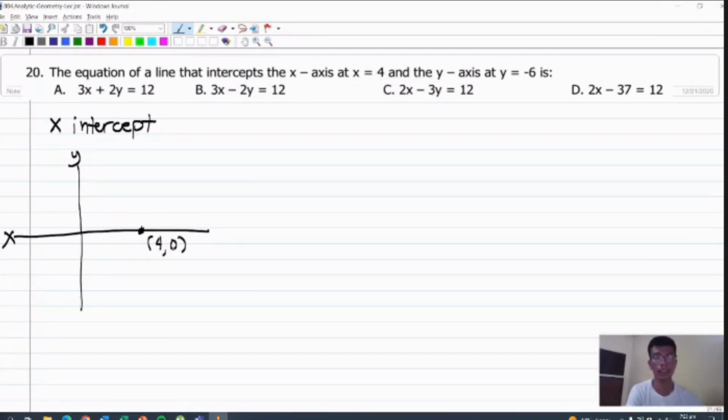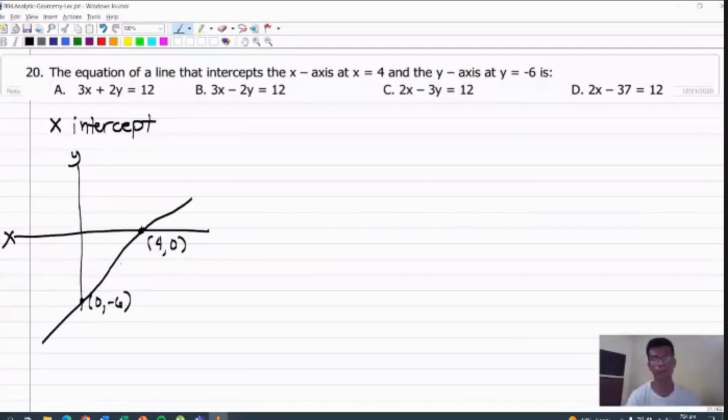And another thing na sinabi dyan, nag-intersect daw yung line kay y-axis na kung saan yung y daw ay negative 6. So, dahil nag-intersect kay y-axis, si x naman yung 0, and the y is negative 6. So, if we connect the points, this will be our line. So, pwede nyo gamitin yung 2 points form dito kasi meron na tayong dalawang points na 4, 0, and then 0 and negative 6. Pero,